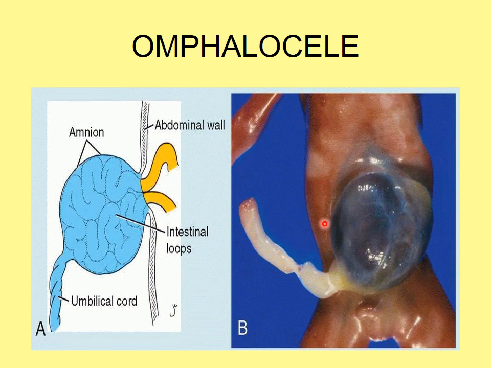These malformations can be seen in 2.5 per 10,000 births, and these are sometimes associated with an elevated alpha fetoprotein level as well. So gastroschisis and omphalocele can be detected by a raised level of alpha fetoproteins.